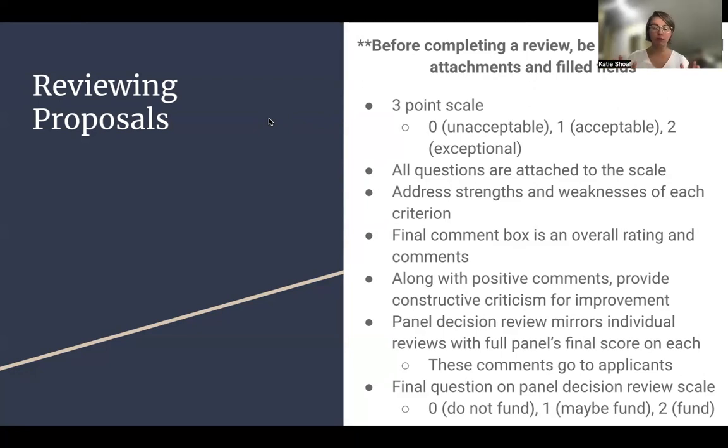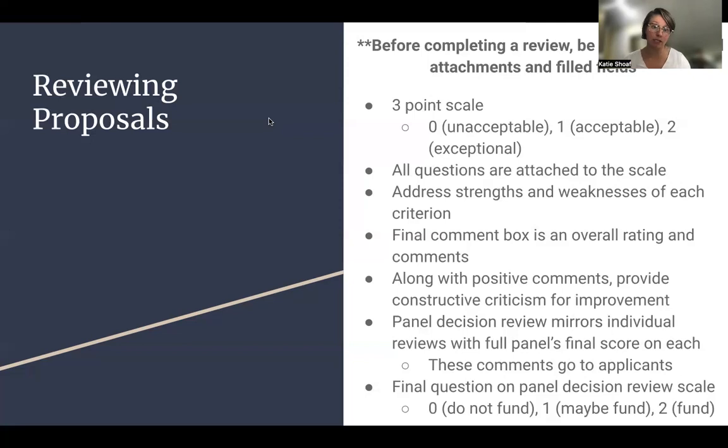So in the review screen itself, there will be a series of text boxes and rating scales. Each question is attached to a rating scale and has its own comment box. So we ask that in the comment box, you address the strengths and weaknesses of the proposal with regards to the criterion that is referenced at the top. You will need to include comments there, and we ask that you consider including constructive criticism along with positive comments,